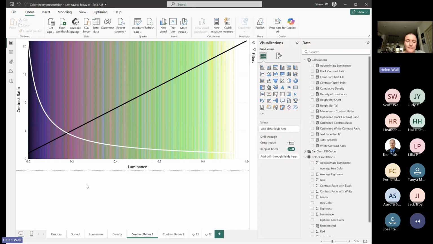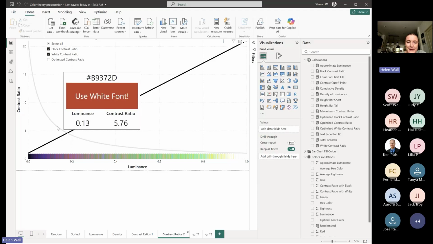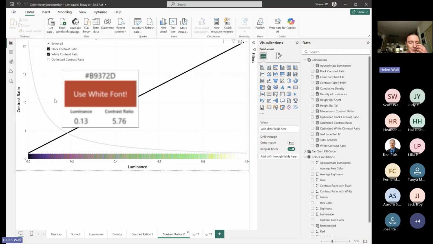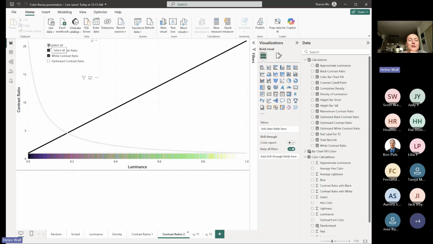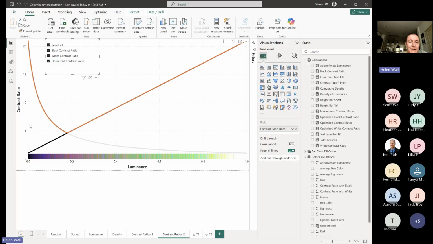So of course, being modelers, we want to optimize what we're going to select here. We've got our black line, we've got our white line, which I used as gray just so that I could see it on this particular background. But what I'm really interested in is the optimized contrast line. So notice that this keeps us for the most part above 4.5. If we use a threshold of 7, we're going to be a bit below that. But if we use the minimum threshold, going back to that,